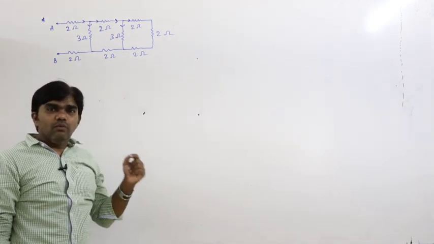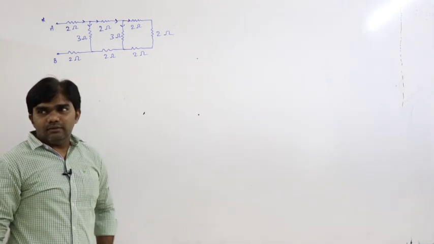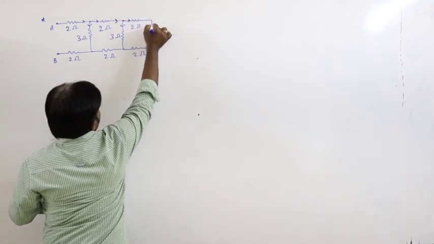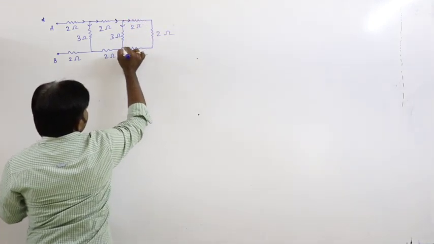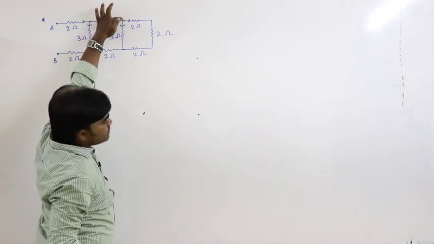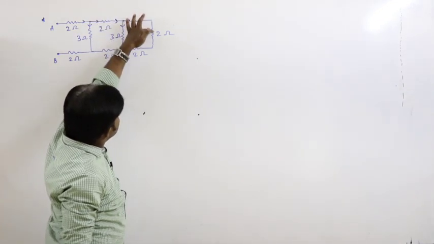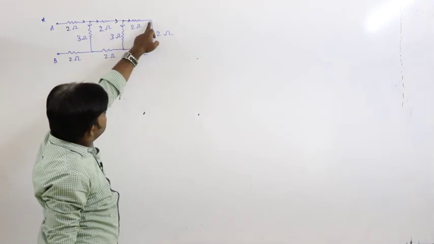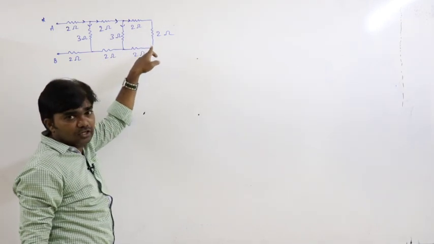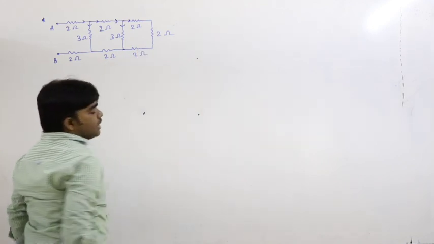And one more thing: where the potentials are the same, those are also in parallel. See here, the current divides, and the same amount of current travels from this position to this position. This is the point where the current divides; from this point onwards the same current passes through this, because there is no junction and no division of current here. That's why these 2 ohms and 2 ohms are in parallel.